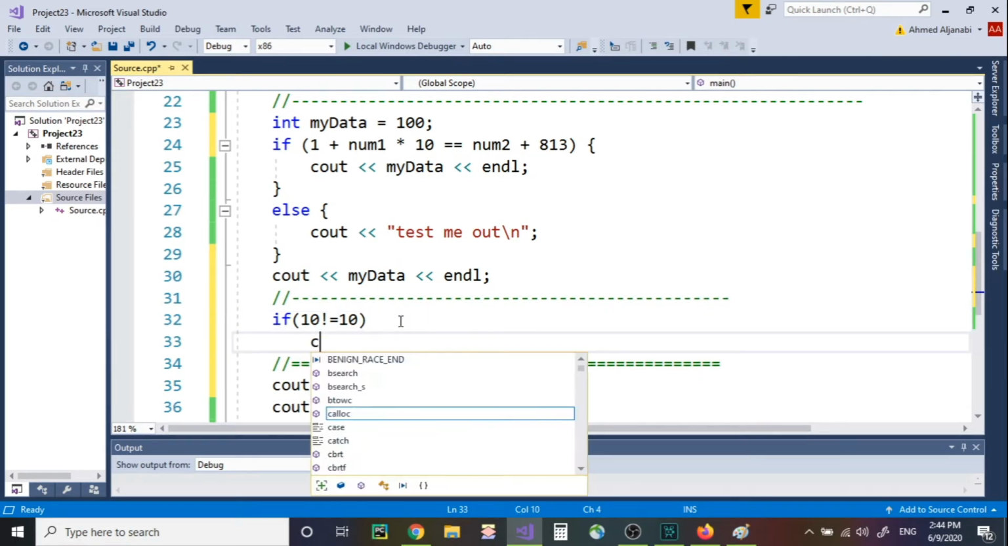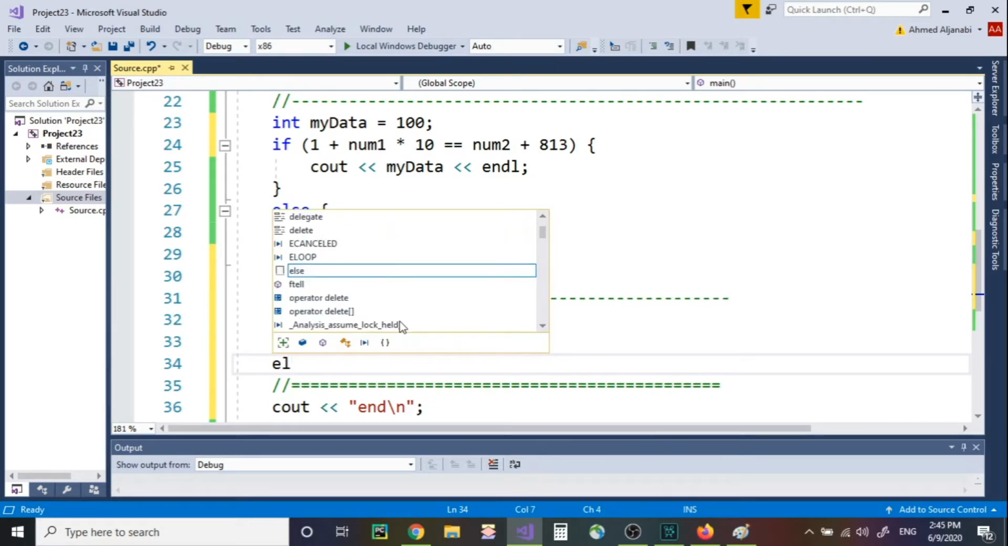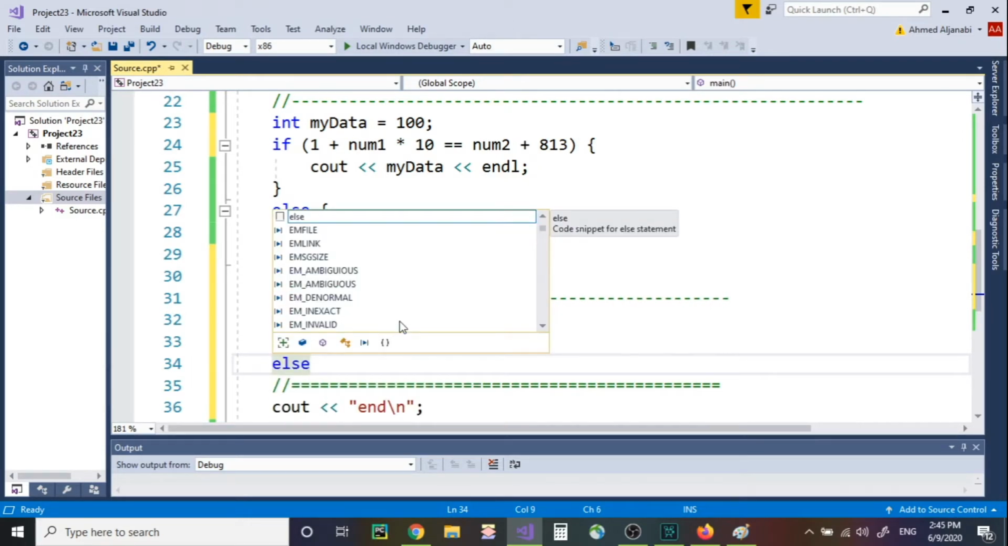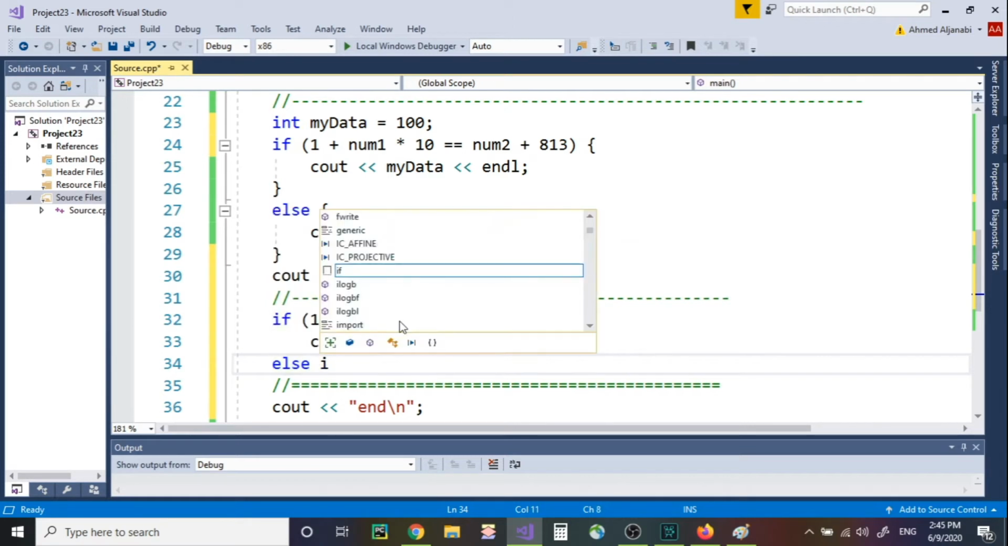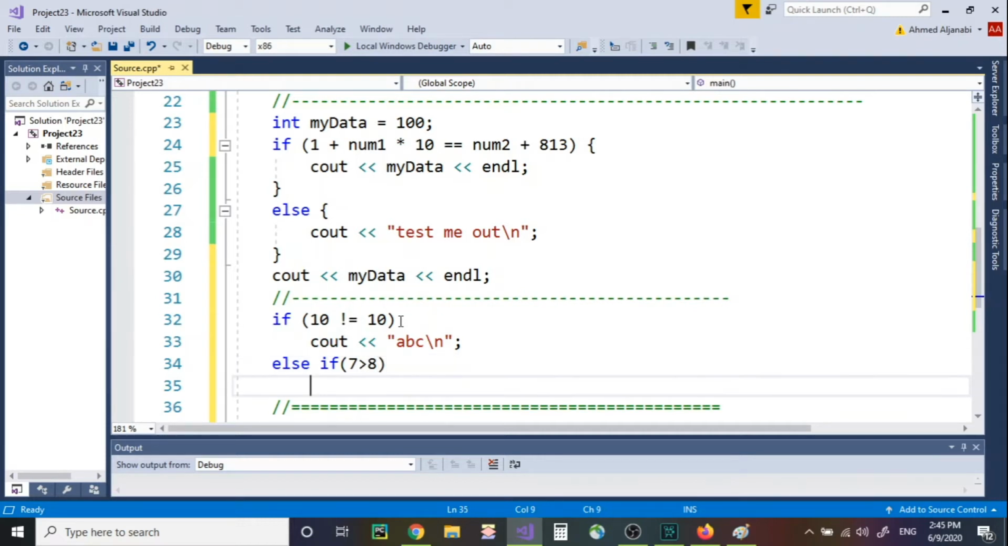I'm going to come here and say cout, and I'll just type ABC endl, semicolon. And here I'm going to type else. And what I can do after that, I'm going to put an if statement here. That's very important. And then I'm going to put another Boolean expression. I'm going to say, for example, 7 is greater than 8. And here I'm going to say cout,